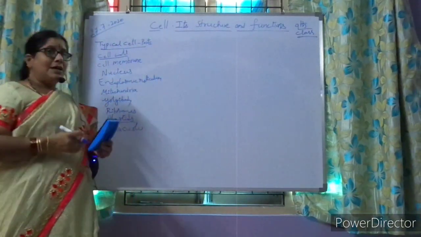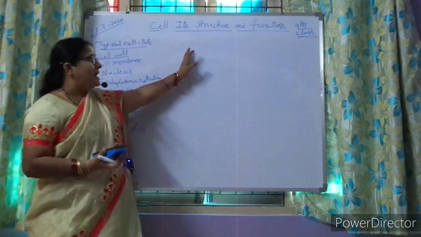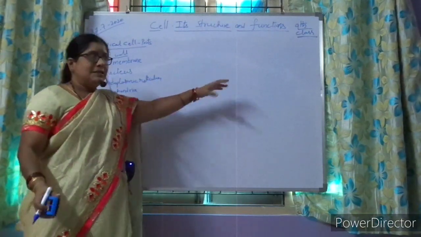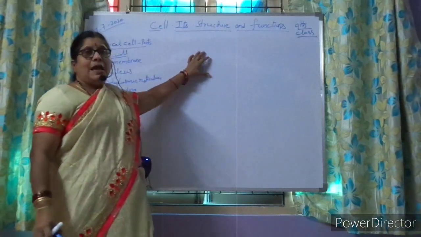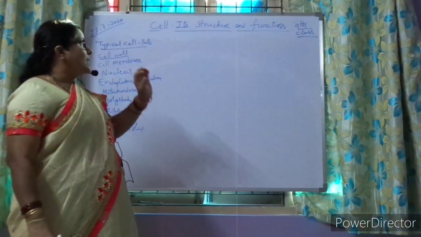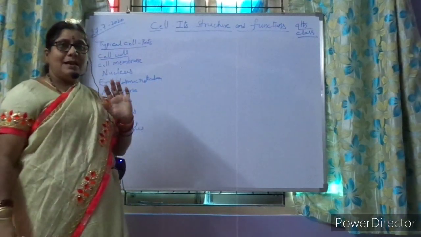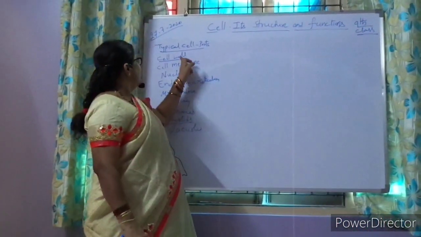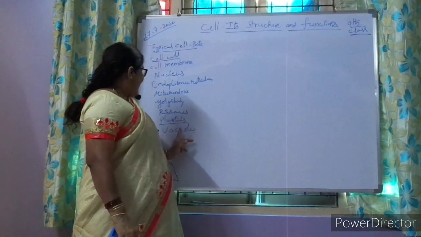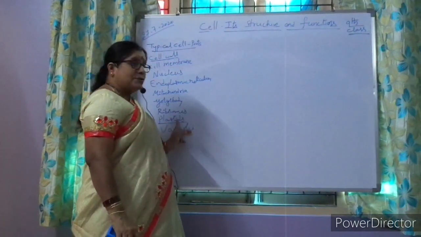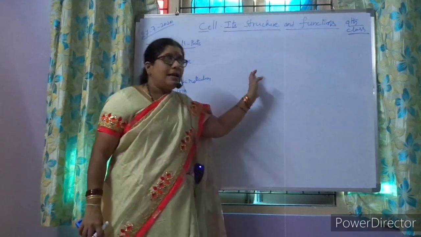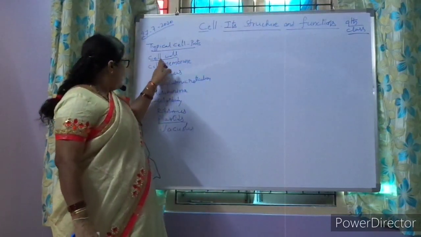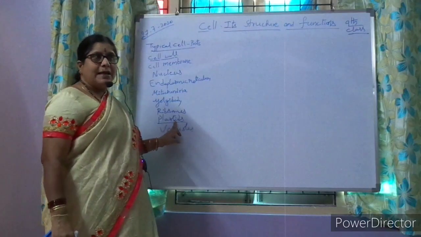So till now we have learned about the differences between the plant cell and animal cell. We have discussed the differences and learned the diagrams, and you may get questions like what are the parts exclusively present in plant cell. So the plant cells consist of a cell wall and plastids exclusively. The remaining other parts are also present in them, whereas in animal cell, the cell wall and the plastids are absent.